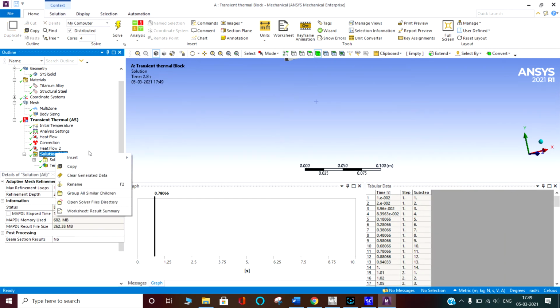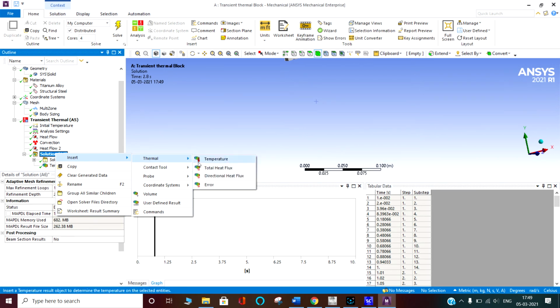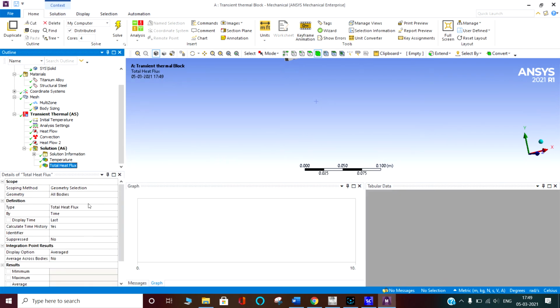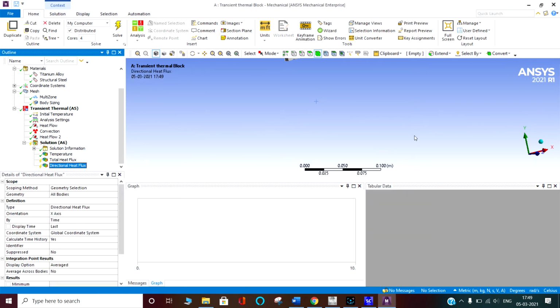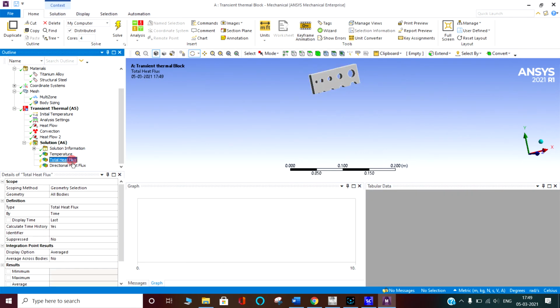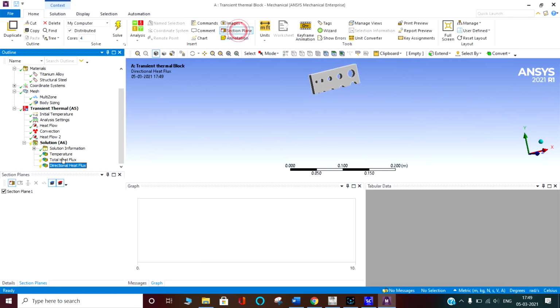Or we can put the total heat flux, and there is one more term, directional heat flux. Okay, the body is there, the cross section body, temperature, heat flux, section plane.